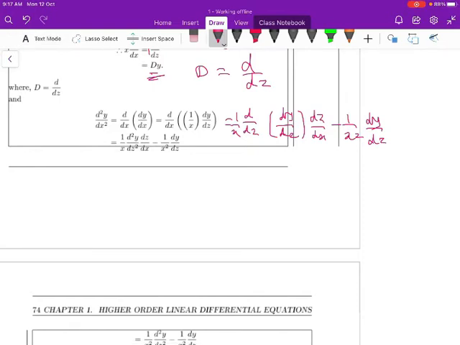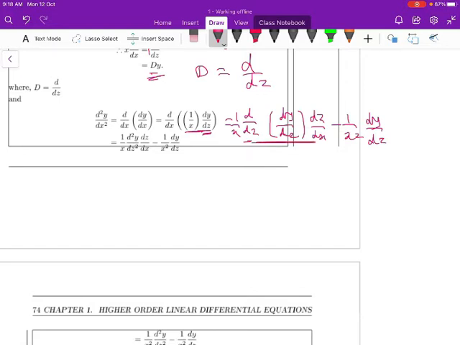Now similarly d square y by dx square can be written as d by dx of dy by dx. You know dy by dx, we have seen that earlier, 1 by x into dy by dz. So now let us differentiate this function, 1 by x the first function, into d by dz of dy by dz. Actually d by dx is here, but y is a function of z here, so that can be written as d by dz of dy by dz, this term, into dz by dx.